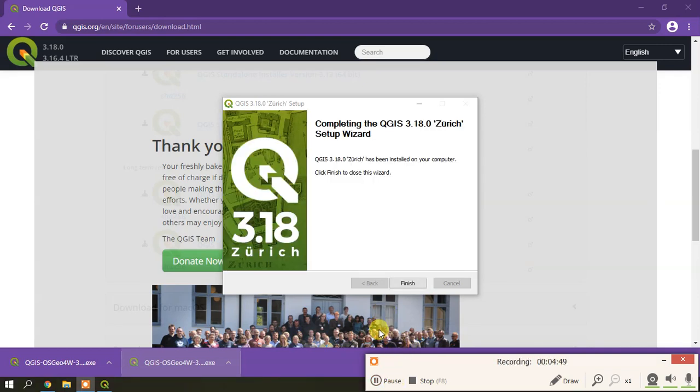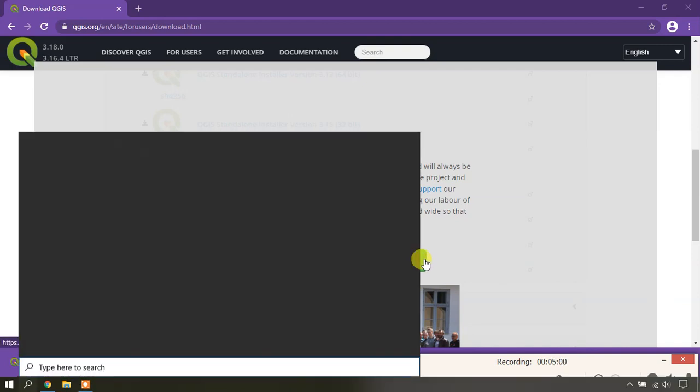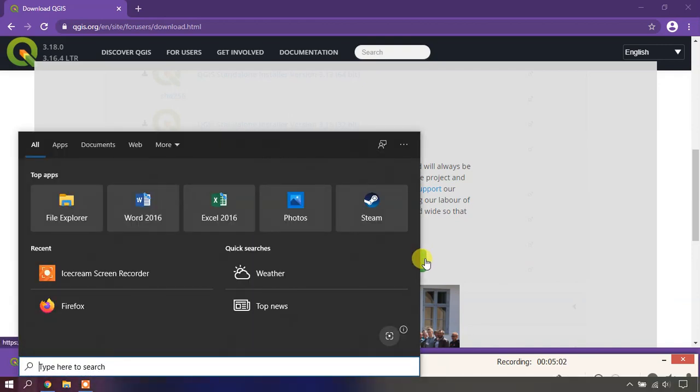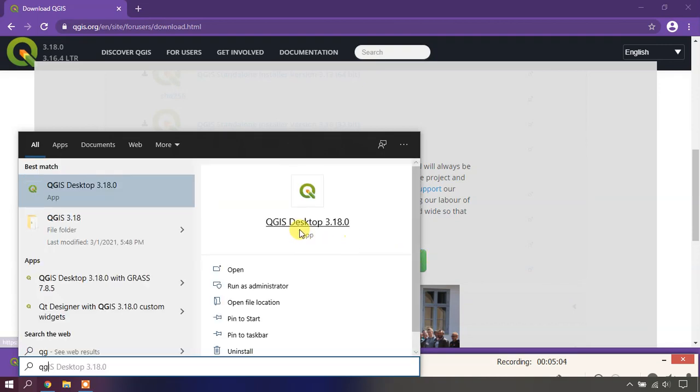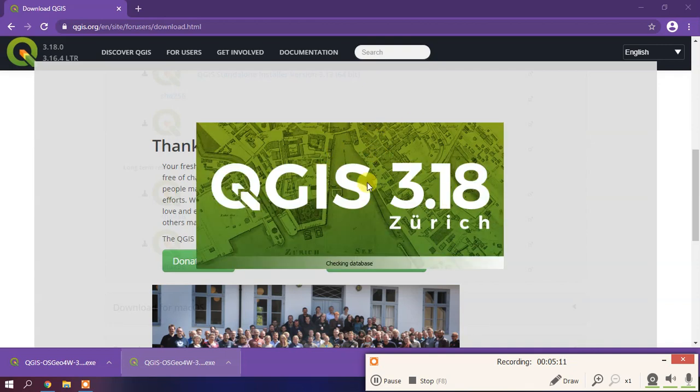As you can see here, the 3.18 version, the latest version, has been installed successfully. I'm clicking Finish to complete it and opening the 3.18 version. Just click on it, and the software will open. You can see QGIS 3.18 Zurich version.